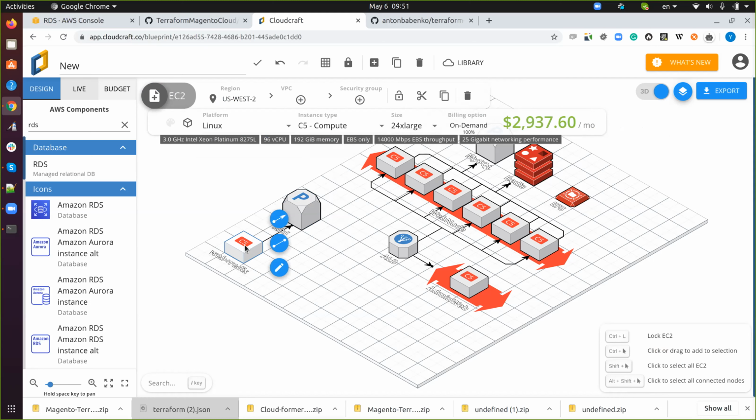Yeah, it's better to split the admin instance. If you have a lot of cron jobs, it's better to split admin, because let me show you. You can optimize cost